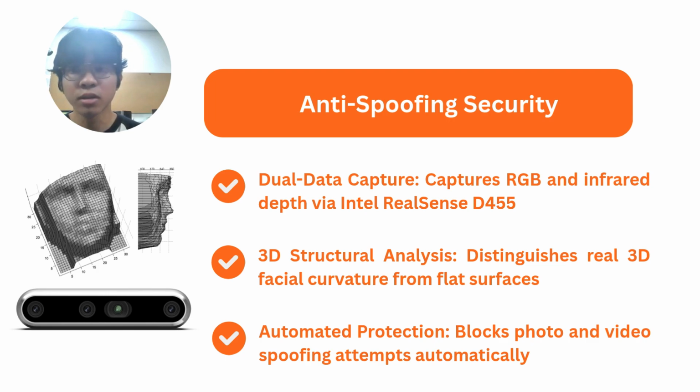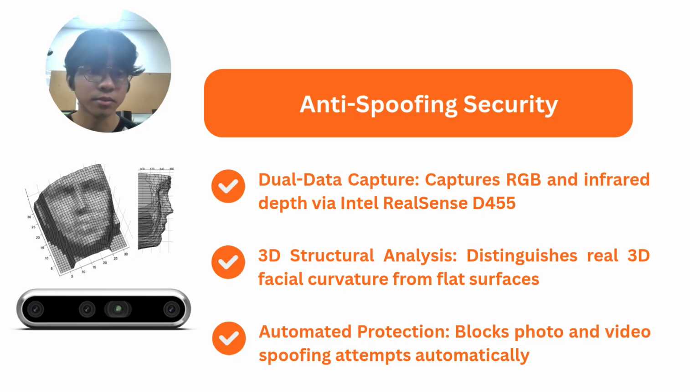So the second pillar is our anti-spoofing security layer. The Intel RealSense D455 fetches both RGB and infrared depth data simultaneously. Our system performs 3D structural analysis, comparing the depth map of the face to distinguish a real three-dimensional human face from a flat surface like a printed photo or a phone screen. This means the system automatically blocks photo and video spoofing attempts without any manual intervention, directly addressing the vulnerability of